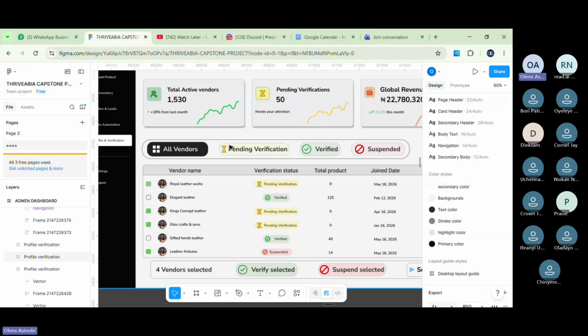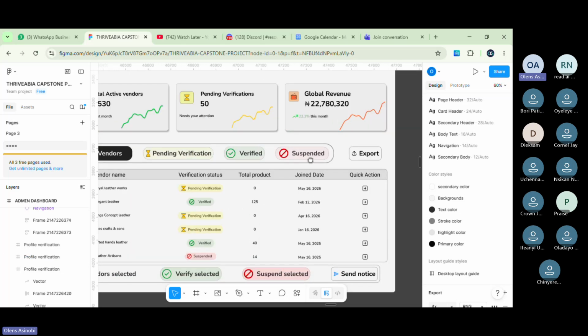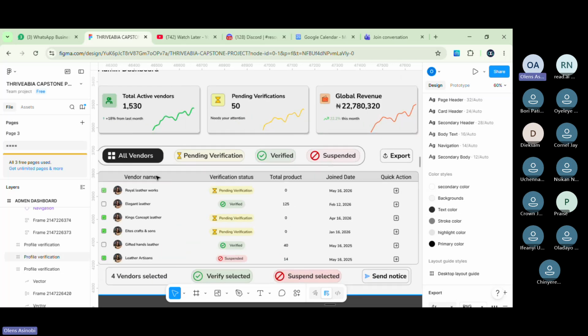You understand? So when you guys started out, if you guys did this, I would say, wow, this is nice. But guys, we've been doing UI design for close to 3 weeks now, over 3 weeks now. Should we still be at this level? We should have at least made progress. So when I saw this, I was disappointed. I was like, are we still doing things like this in this 2026? I don't know if you understand where I'm coming from.